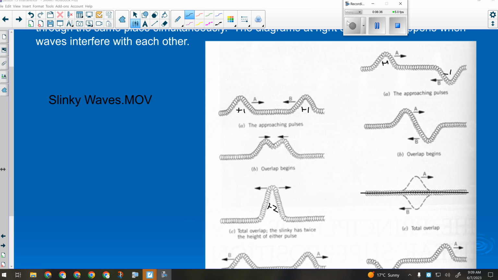Now, here's how I'm going to test this on your unit exam. Okay, I'm going to have a question where I've got two waves drawn on a little piece of graph paper. Okay, so you can actually read their amplitudes off of the graph paper with the lines. Okay, and I'm going to say these two waves are occupying the same space at the same time. Draw the resulting shape of the medium and tell me whether the interference is constructive or destructive. Okay, so if I did that,